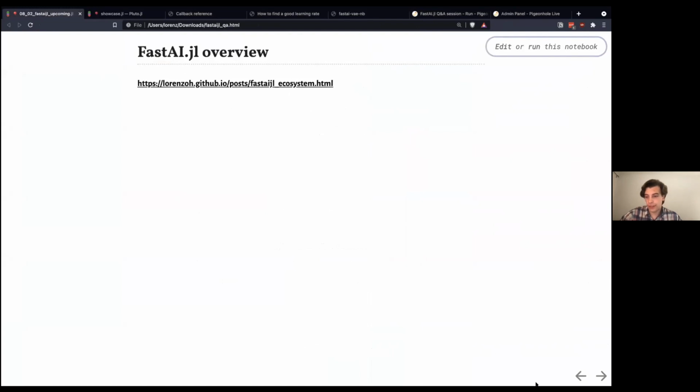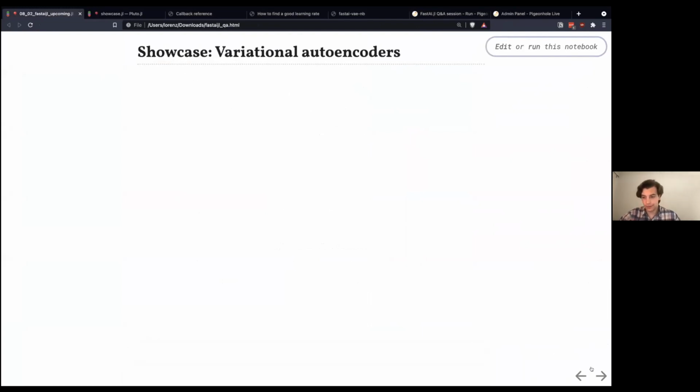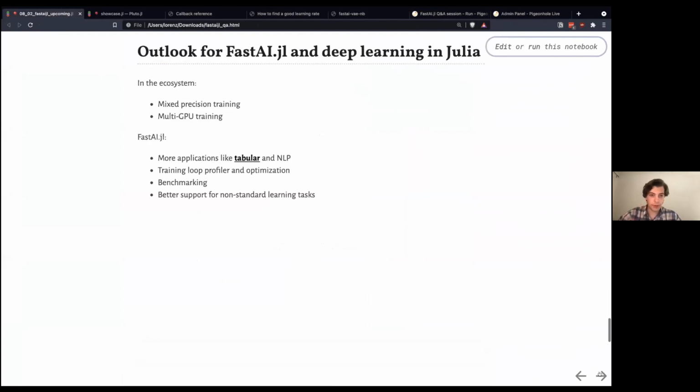Okay. Now, this was the showcase. I want to give some quick notes on what's next for FastAI.jl and the flexible deep learning ecosystem in Julia. There's currently some work being done on multi-GPU training with Dagger Flux.